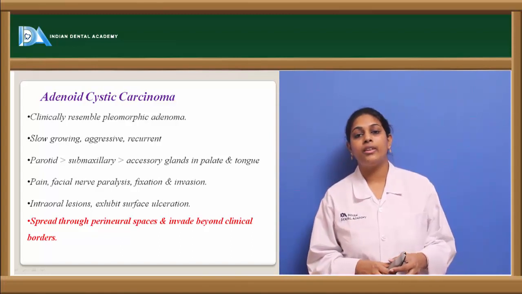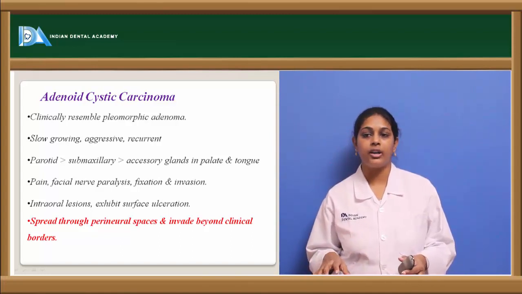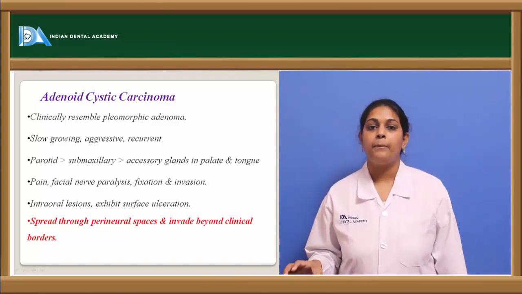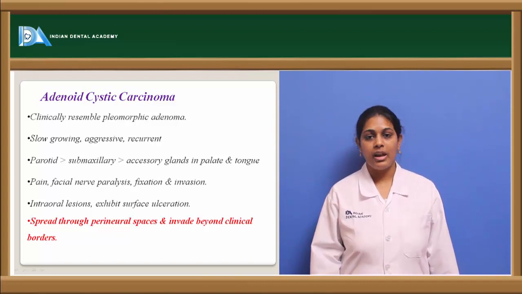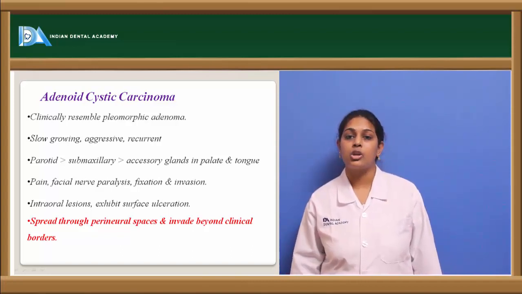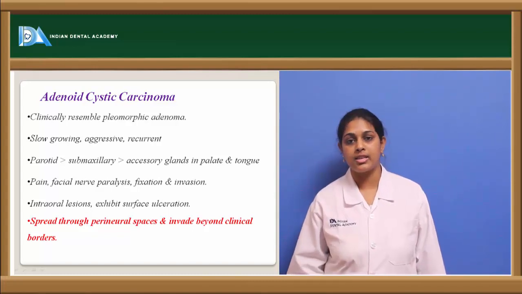Intraorally, we see ulceration, which is a characteristic feature of malignant tumors. The most characteristic feature of adenoid cystic carcinoma is that it spreads through perineural spaces,